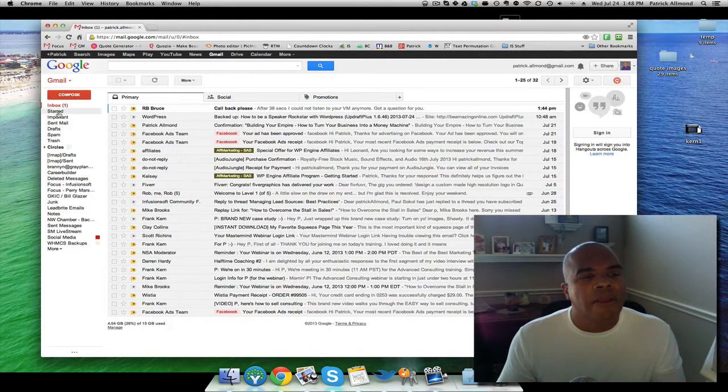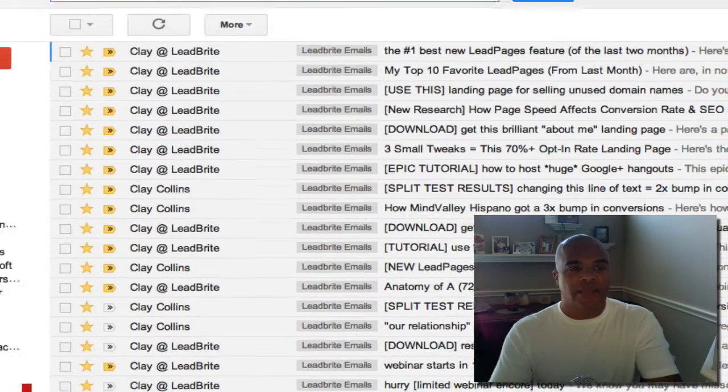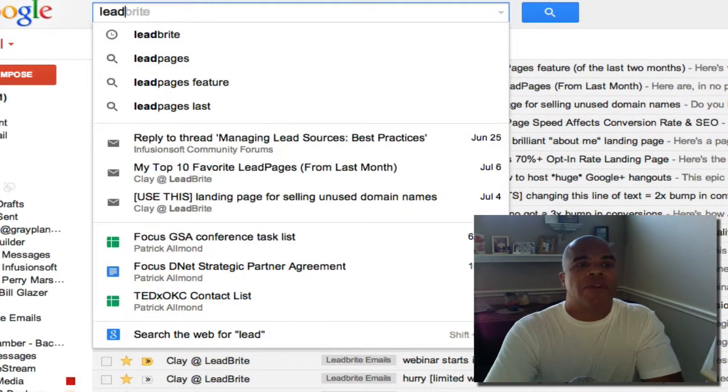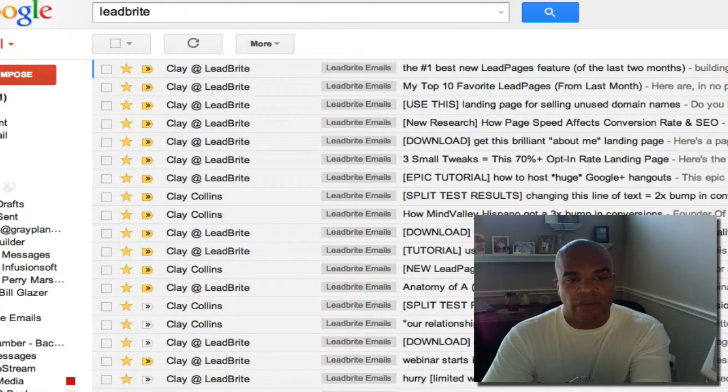So you know what? I wonder where they are. Go over here into starred. Ah, there they are. They have the yellow star next to them. They're not black anymore, so they have definitely all been marked as read. And they'll have a label on them now that says Lead Bright Email. So whenever I want to pull these up, I can either say show the starred like I did here, or in this box up here, you can always type one of your labels that are inside your Gmail account. So when I type in Lead Bright, it shows me all the ones for my Lead Bright